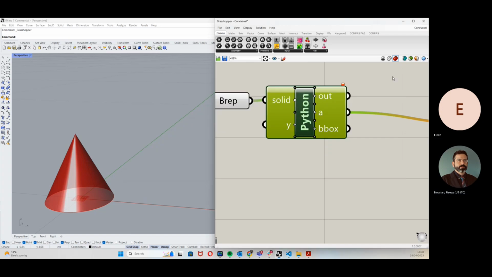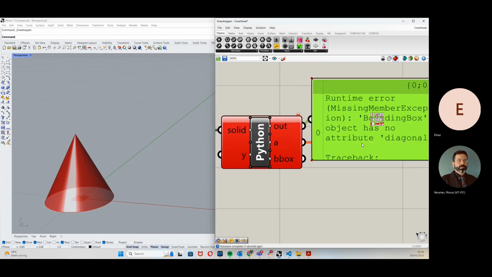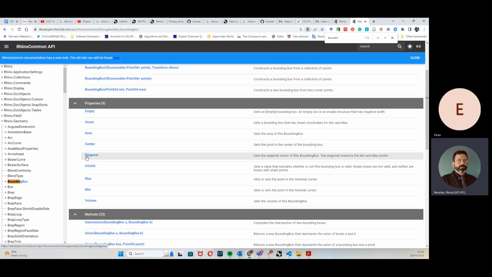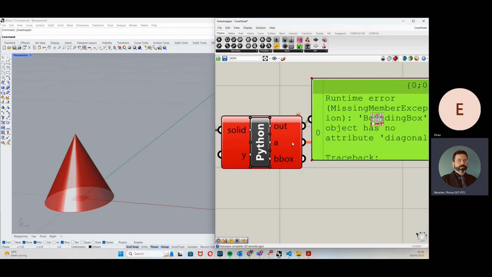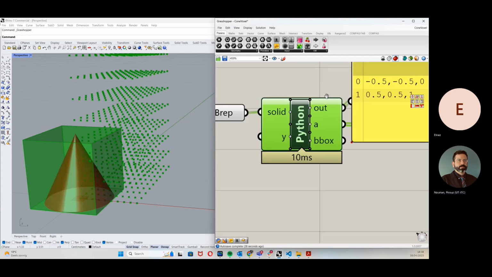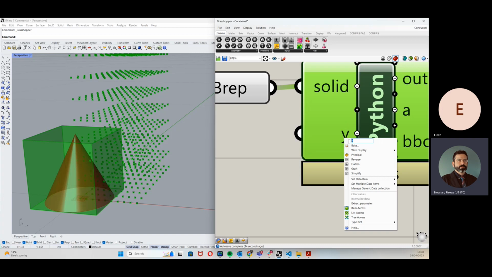What did I do wrong? I know. Diagonal. You see, it doesn't have an object starting with a small d. It has to be Diagonal with a capital D. That's why it's complaining. Okay, so I think that the size of the voxel is a more important